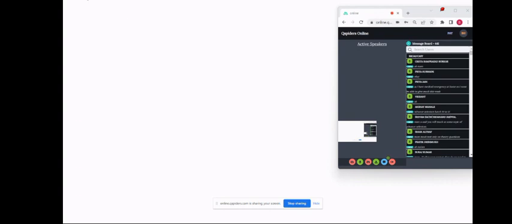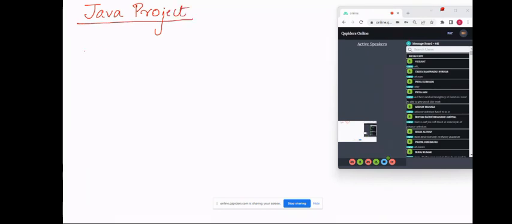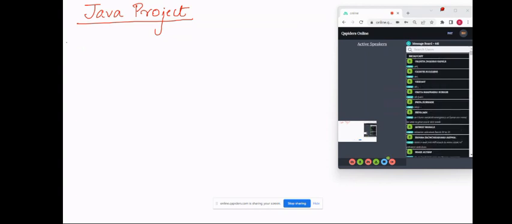Okay. Look at my screen, everyone observe. From day one till today, we all did a Java project. Correct? From day one till today, we did a Java project. But a Java project has a lot of drawbacks. Let me explain to you guys one by one. So what are the drawbacks? First drawback. Now